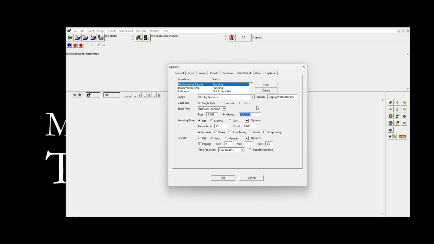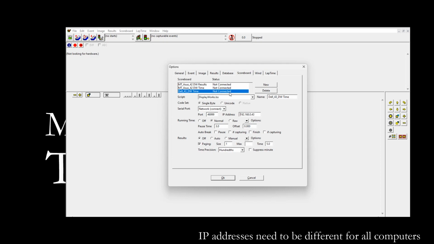The IP address is the IP address of the machine. Now in this case, again, I'm using DisplayWorks on the same computer, so the only one that matters is this 127.0.0.1. But if you come down here, you can see I've got several different machines that are running DisplayWorks, and they all have discrete, individual addresses. So these are labeled